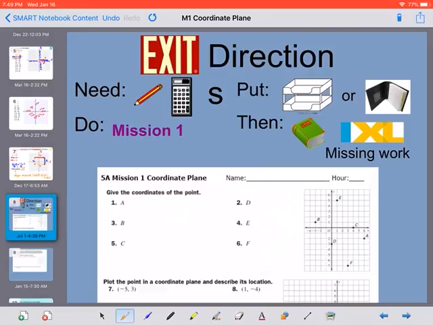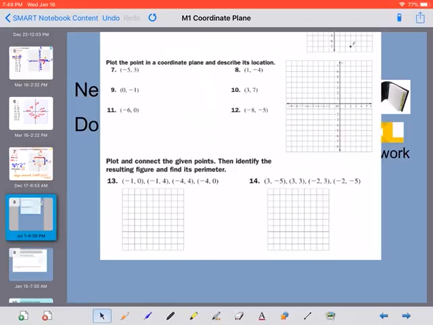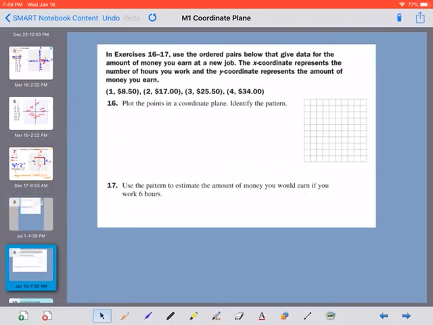So go ahead and get started. One thing I would like to tell you, these two on the bottom, 13 and 14, are just like that last question on your notes. And on question 16, there is not an x and a y axis drawn for you. We are only looking at quadrant 1. The other quadrants we do not need to use because everything is positive. So if you want to label these, you can. Notice that our points, x comma y, x-axis we can go by ones, but our y-axis we have to get up to the number